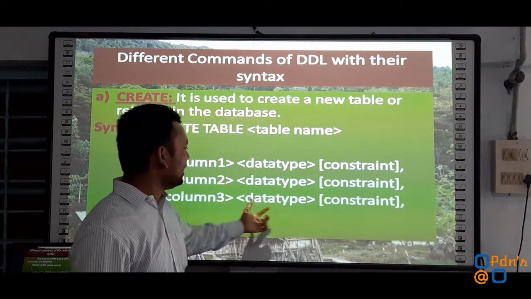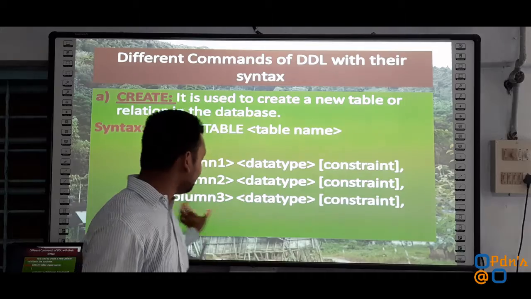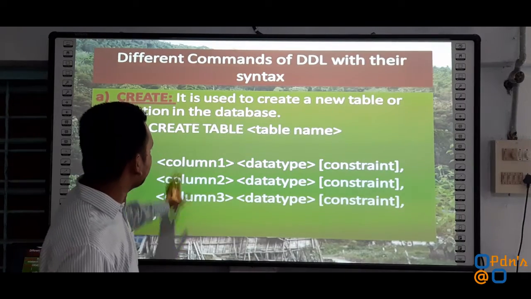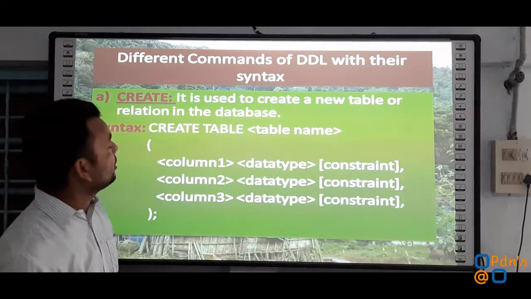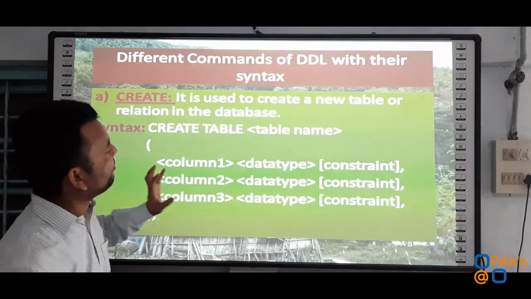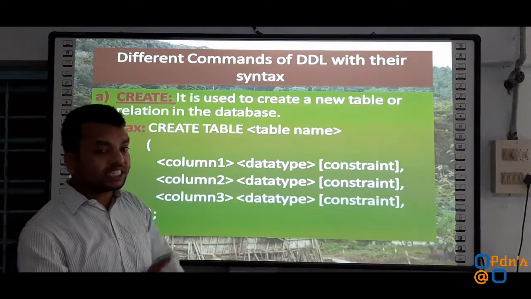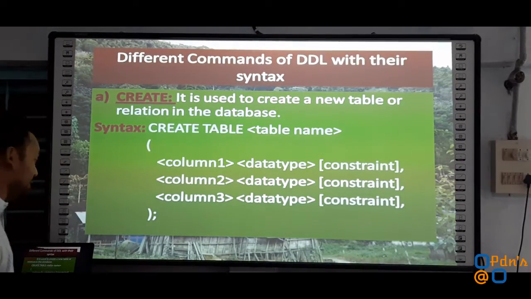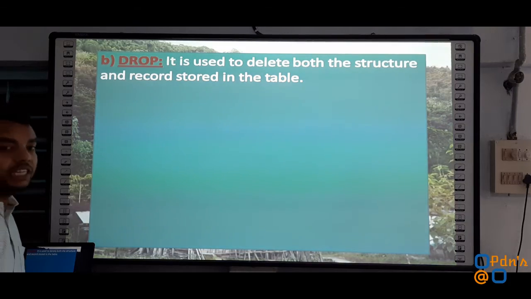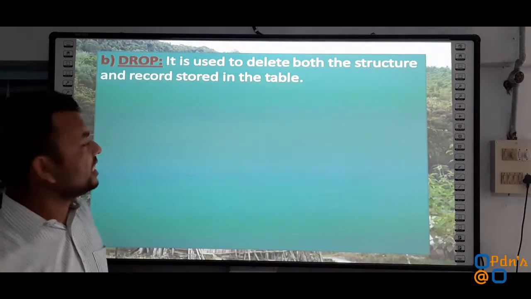Finally column 3, attribute 3, data type and constraint if any. So this is a general description of the syntax which we are going to use whenever we create a table inside our database. Example we will discuss in our practical sessions.